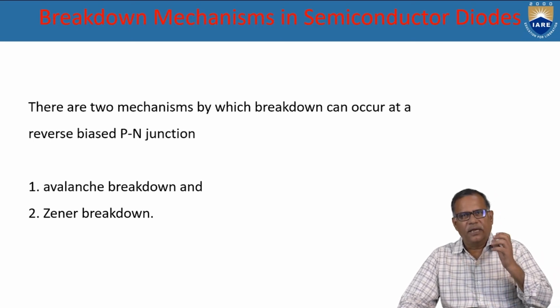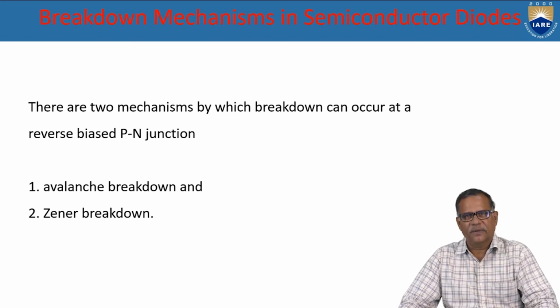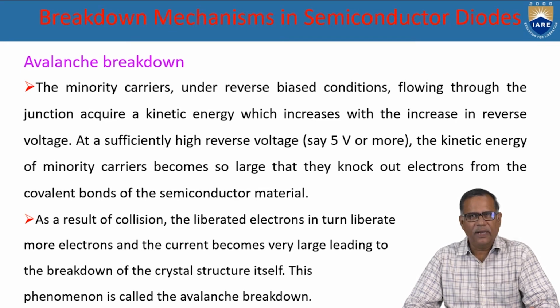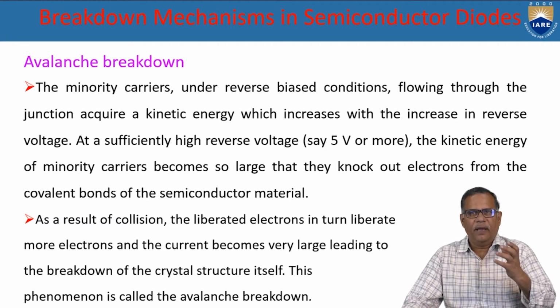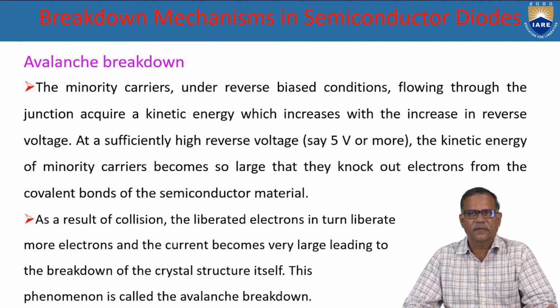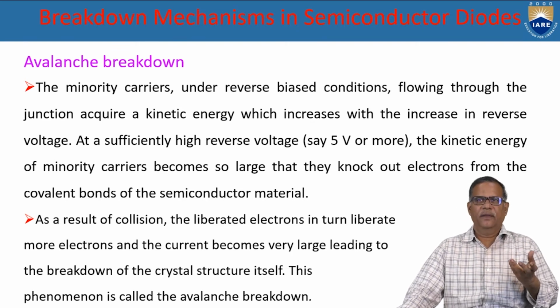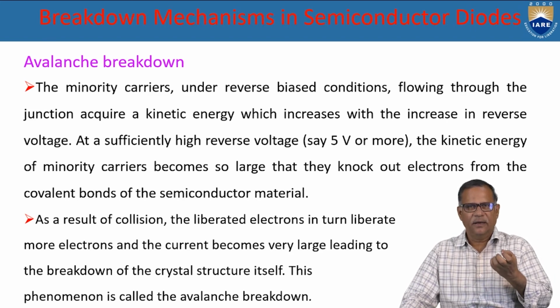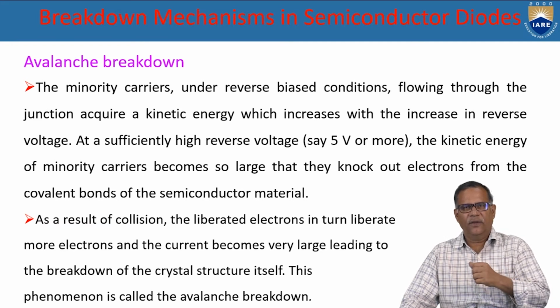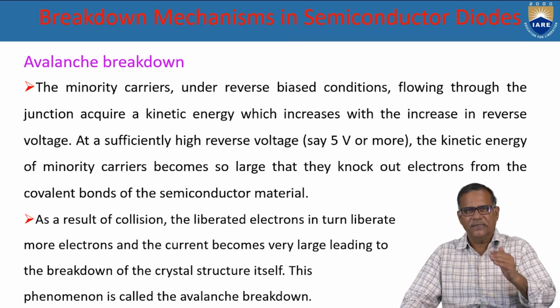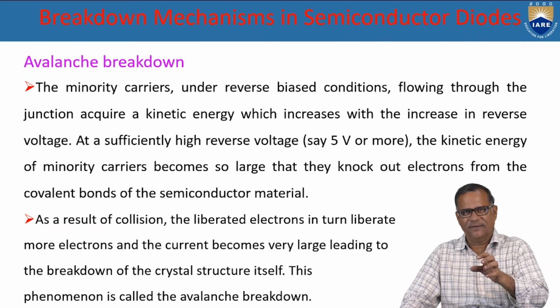These breakdowns come into picture when the diode is reverse biased. In avalanche breakdown, the minority carriers under reverse bias conditions acquire a kinetic energy which increases with increase in the reverse voltage. When sufficiently high reverse voltage is applied, the charge carriers gain high momentum and attain very great speeds, and they hit the atoms as they travel through the diode. This releases the valence electrons from the clutches of the nucleus,